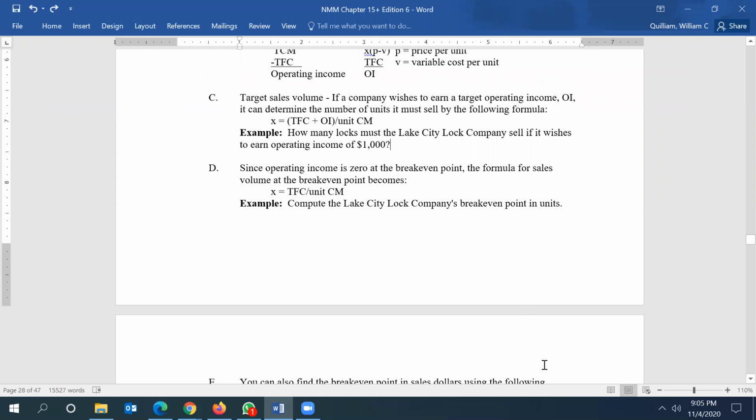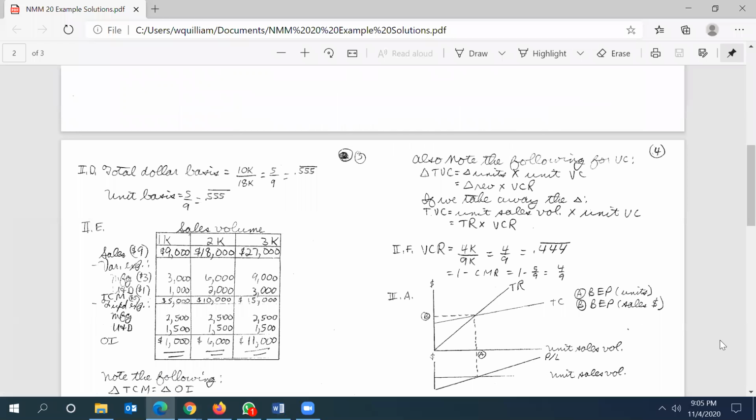Well, then D, let's think about the break-even point. Since operating income is 0 at the break-even point, the formula for sales volume at the break-even point becomes this. Number of units, or volume, is X again. It equals total fixed plus, well, operating income just goes away because it's 0, divided by the unit contribution margin. So let's compute the Lake City Lock Company's break-even point in sales units. Back here on my PDF,